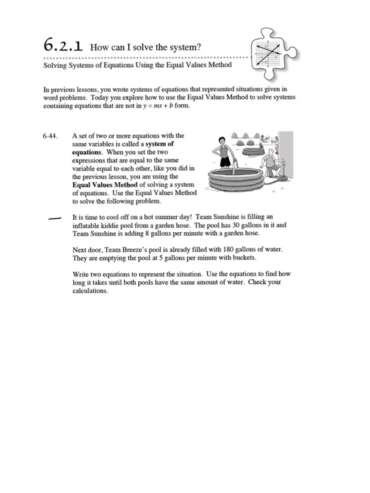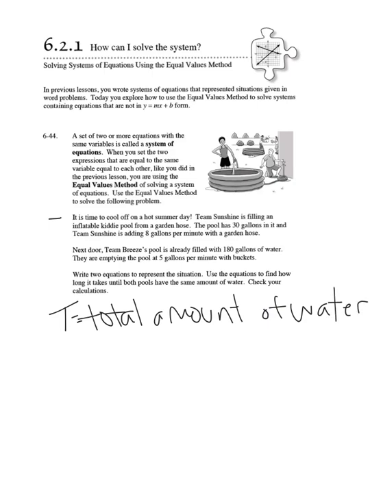So we have two things. We have the total amount of water, and we have the number of minutes. So we are starting with 30 gallons in one pool, 180 in the other. One is gaining, one is losing, and we want to know when they will have the same amount of water